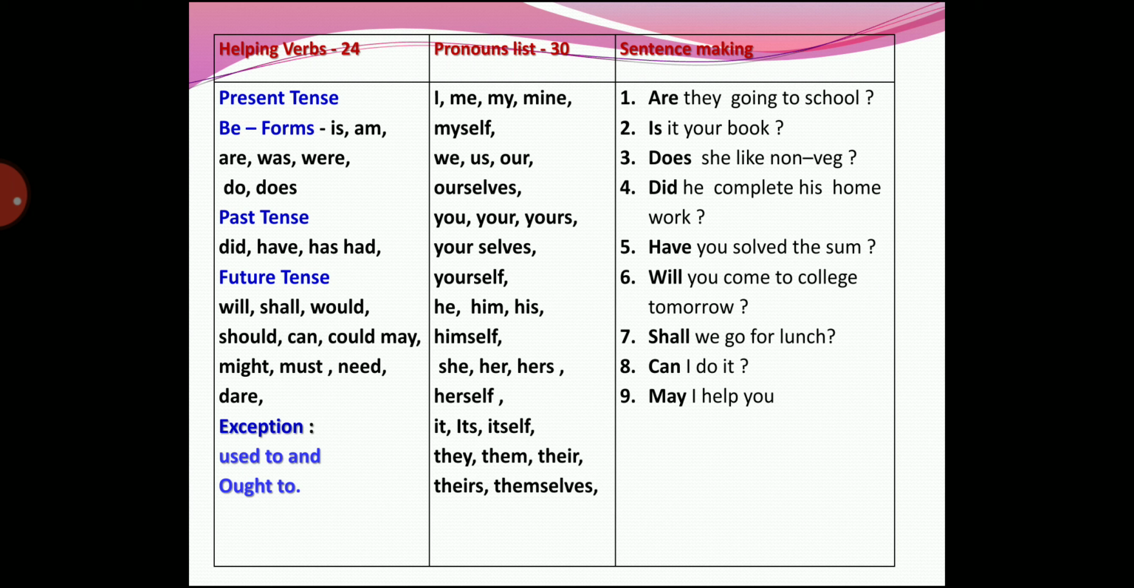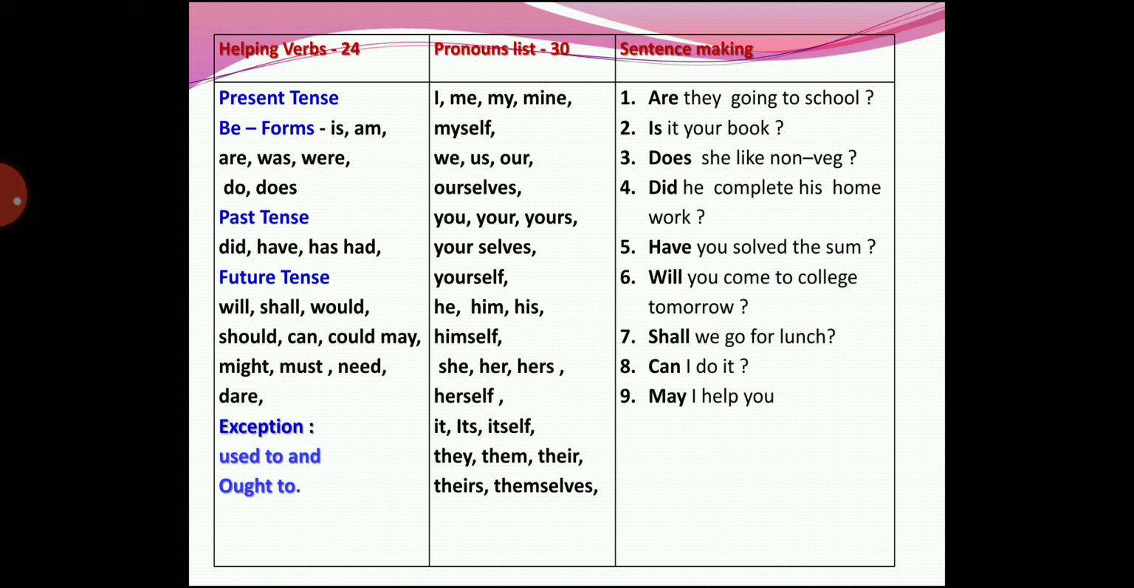And where shall we go, and what shall we eat. So by using W words and without W words. So will you bring tomorrow? So will you bring my book tomorrow? So like this. So without W words. So these two tables will help you how to create